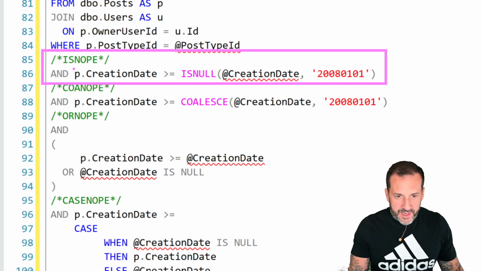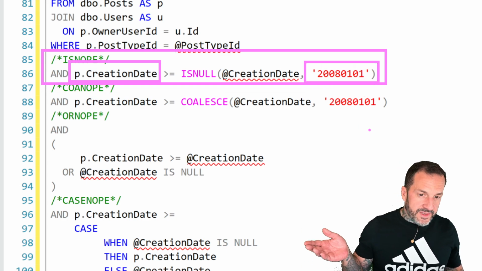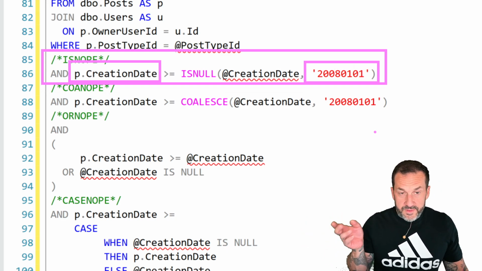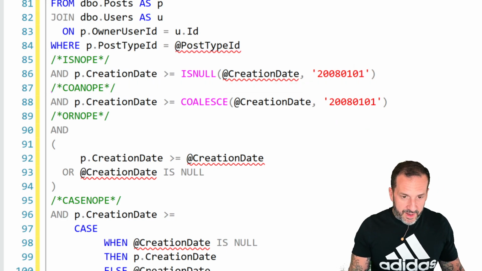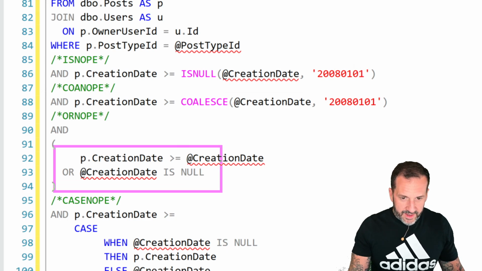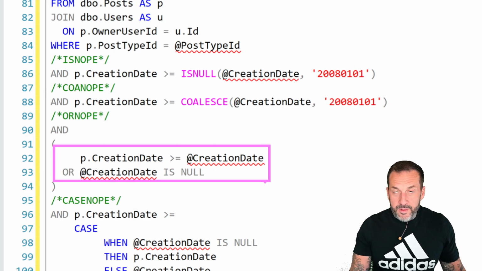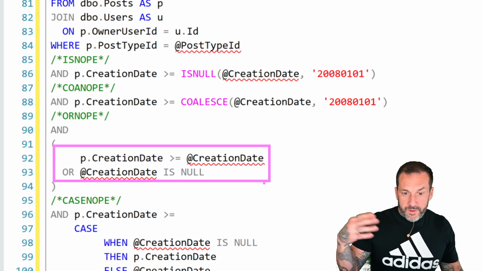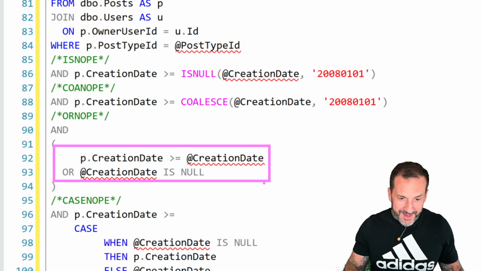Or you might even see people pass in the column over here too. So rather than passing in a literal value, you might say, oh, well, if the parameter is null, then where it's greater than or equal to the creation date column. Bad. Same problem with coalesce. Same problem with doing this and saying the column is greater than the parameter, or the creation date is null, or the creation date is greater than or equal to creation date.